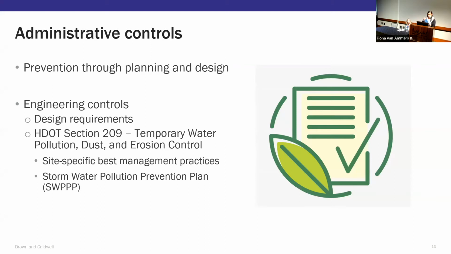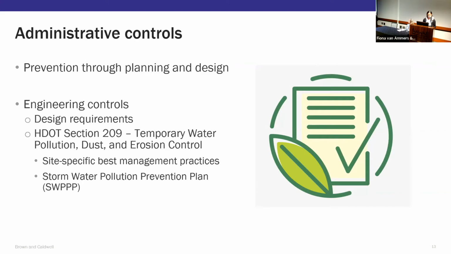First, we'll go over administrative controls. What exactly are these? During the design stage, engineers will design BMPs that will match the project work at that specific site. These BMPs will go into contract documents that are required to be followed during the course of construction. These also include specifications, such as the HDOT 2005 Standard Specifications for Road and Bridge Construction, Section 209, which goes